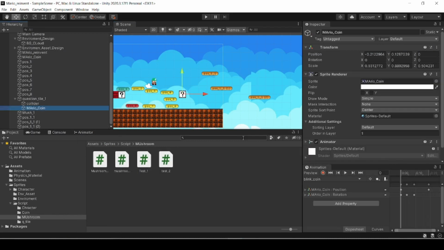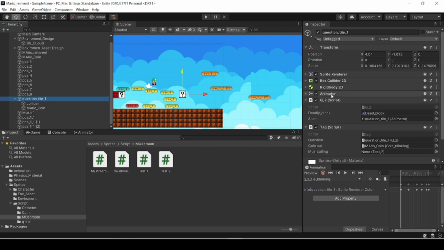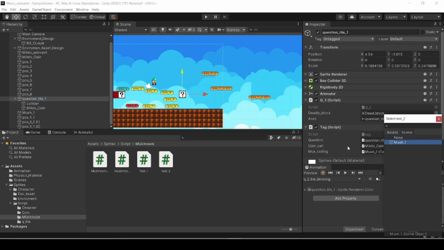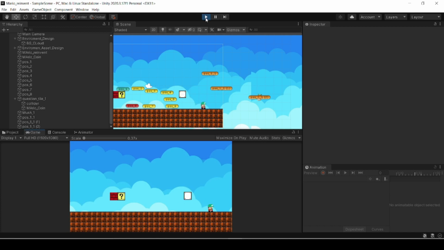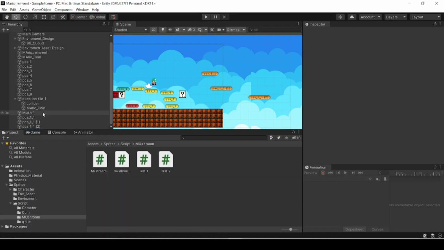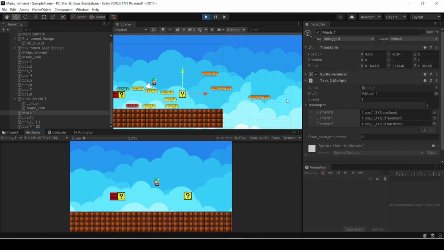So we have put the Mario coin, not here, we're going to put it in the question tag. I'm going to use the mushroom. So now we are going to check our gameplay. Push. Now it's working very fine. You can adjust your speed from here. If you think your speed is fast, you can make it 1. Now again, you see that,